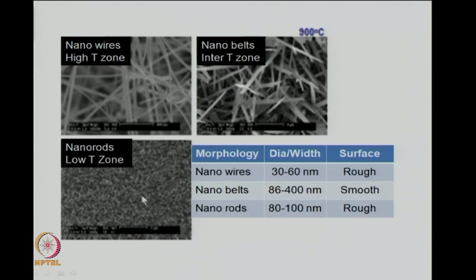So, you get different morphologies by doing the reaction at different zones of the furnace. Here we get nanorods again, here we got nanowires. So, these are nanorods, that means the thickness of the wires has increased. So, here you had very small diameter, here the diameter is large, right, 80 to 100 nanometers, and the surface is also rough, which you can see from the SEM micrographs. So, basically you are controlling the diameter of these nanostructures as also the surface finish, whether the surface is smooth